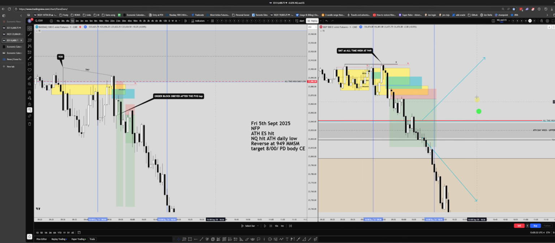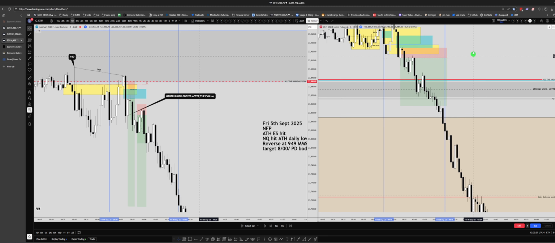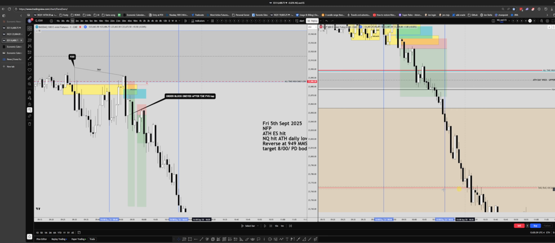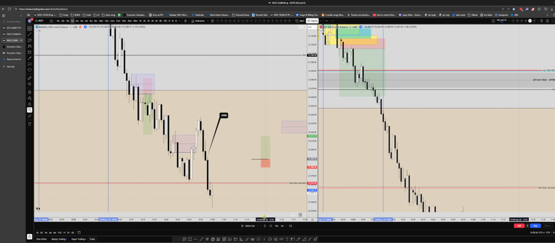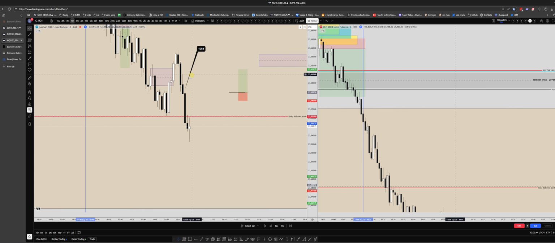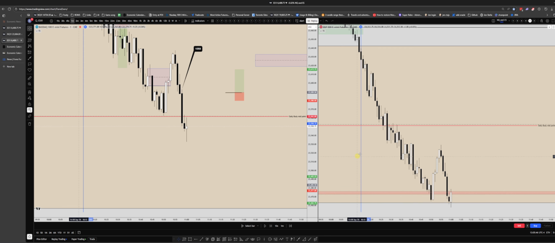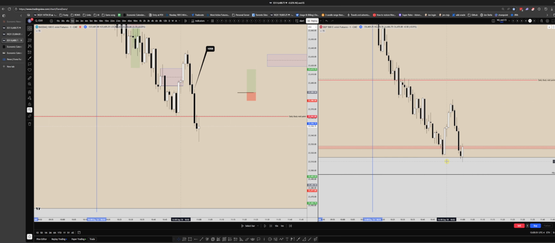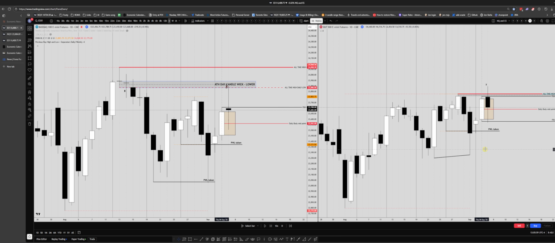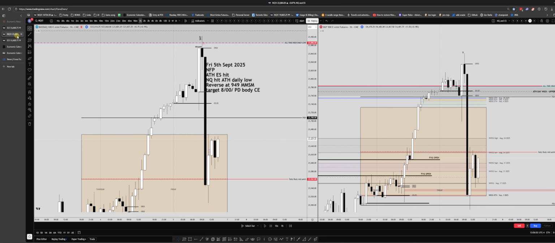And looks like it didn't want to come back up. So it's going down. And it went all the way down to there. And it continues lower. Right, 10:58 hits the midpoint on there. And then hits the midpoint at 10:26. And then continues to take the body low, which is 10:59, and that body low is basically, because it was an up close, the open. So it goes and hits the open. That's what it's aiming for.